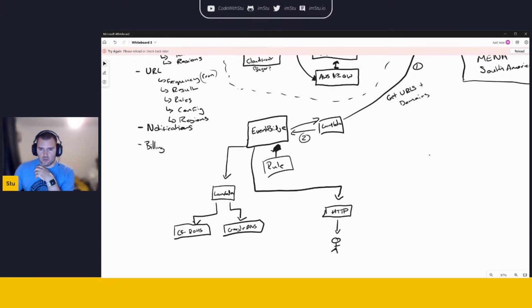And then it will go through to the right Lambda, whether it's a DNS or HTTP one. And it would go and basically do the check and say, right, here are the results. So following down the HTTP flow for now, that's step 3. Then the result, we want to go into step 4,